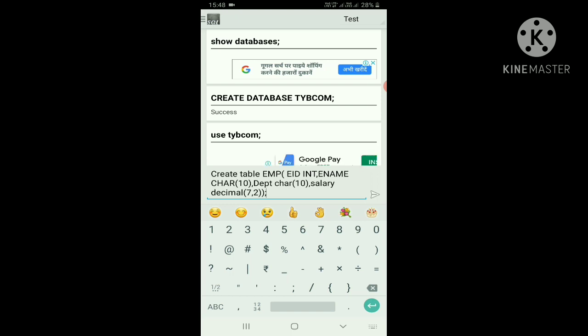Okay, this is the meaning of that. Put the semicolon and execute it. Press enter, and your table will be created.